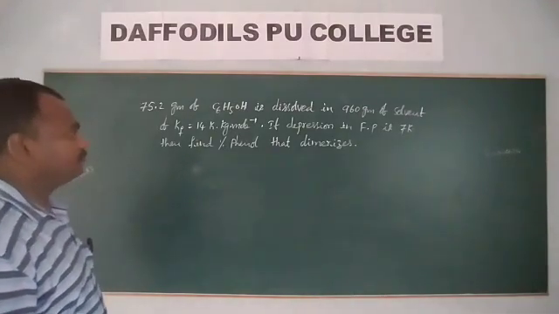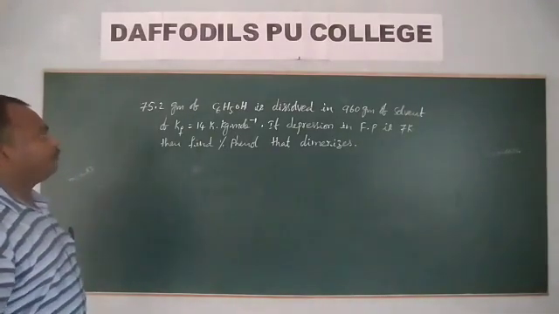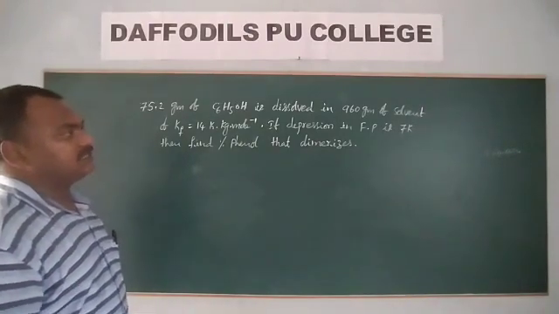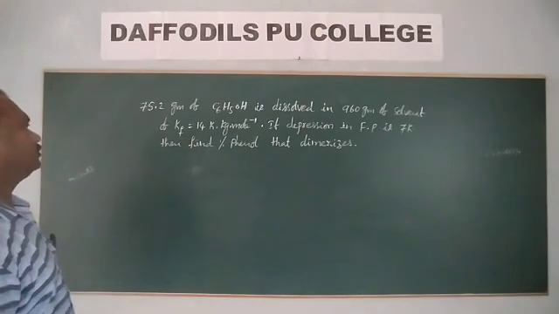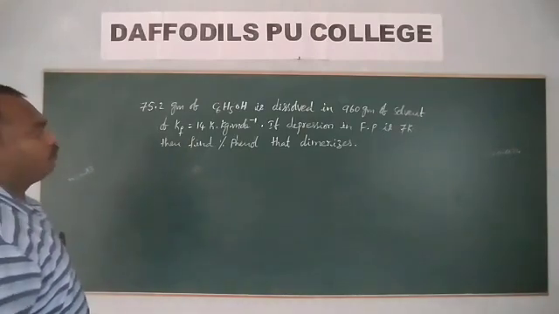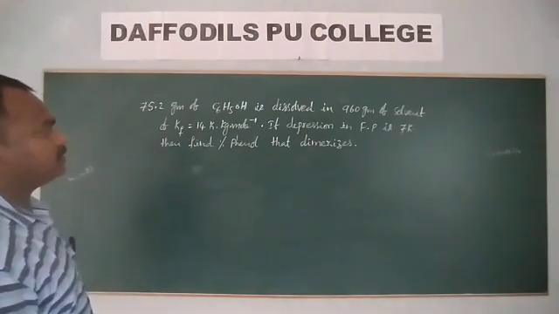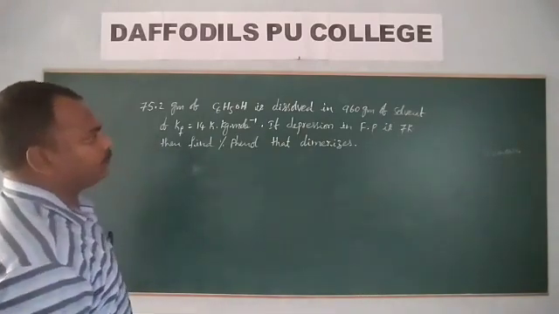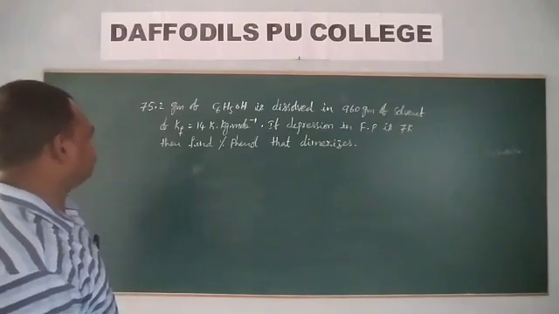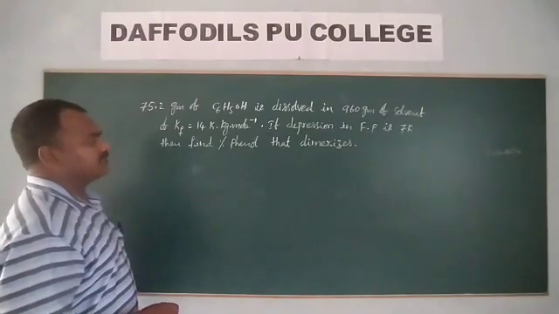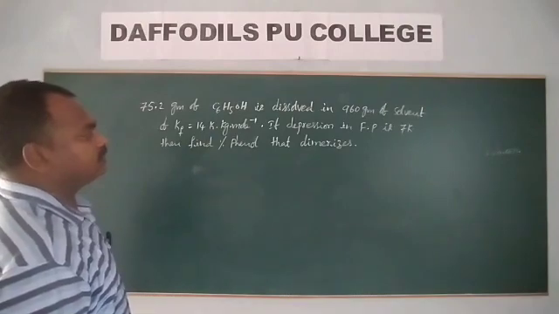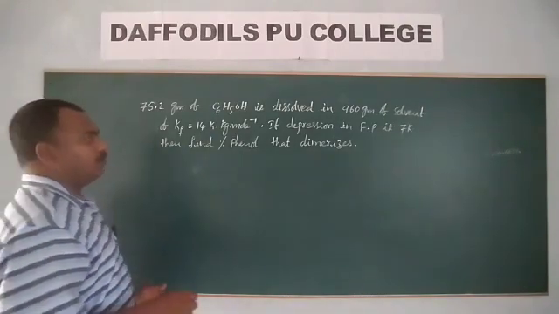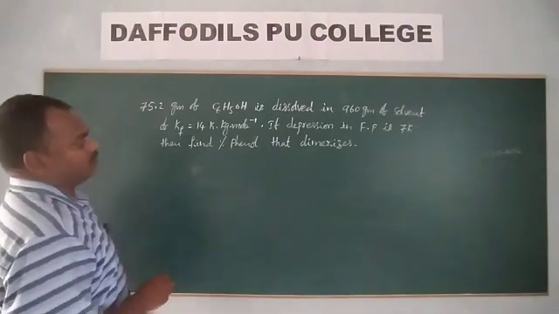Look at this problem. 75.2 grams of phenol is dissolved in 960 grams of solvent of Kf 14 kelvin kg per mole. If the depression in freezing point is 7 kelvins, find out the percentage of phenol that is undergoing dimerization. So now they are asking how much of phenol is undergoing the dimerization process.